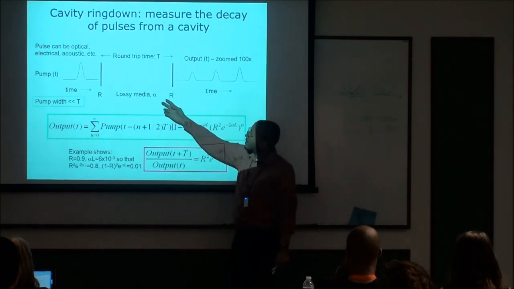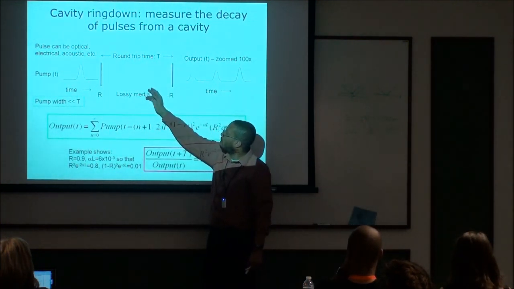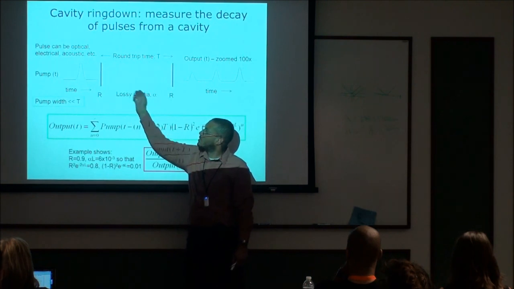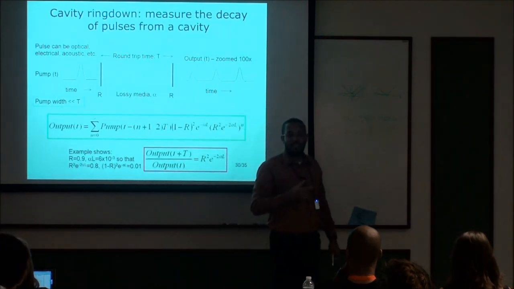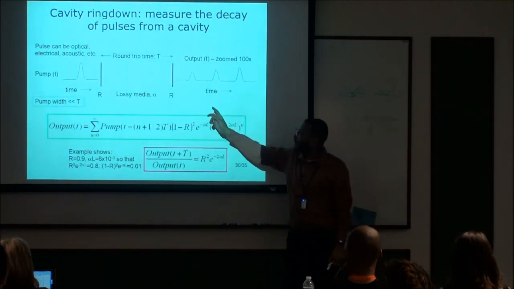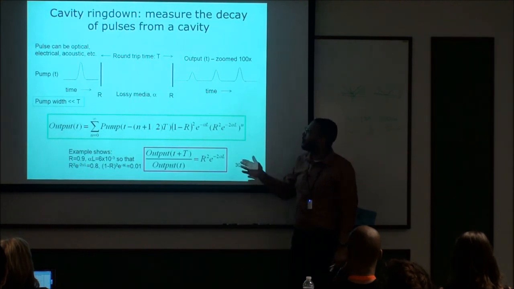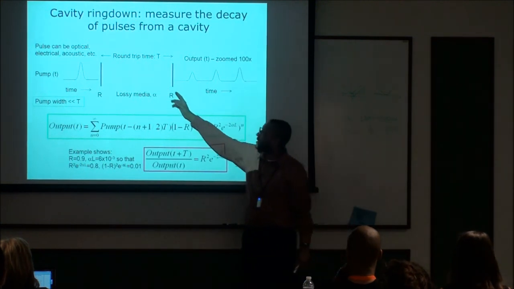The idea with this is, again, we want to measure the loss alpha, but we put it inside of a cavity because it's a more sensitive measurement by putting it in the cavity. Basically, the light will interact with the media for much more paths compared to if I didn't have the cavity and it just